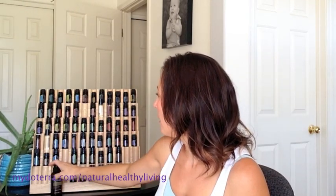As you can see, I create a little bit of a well, and then that way I can drop the oils in if I'm doing a creation. So sometimes I'll be making basically a recipe, like a recipe for my feet. I have really dry feet, or if the kids' cheeks are bothering them or something, and I'll put it in the palm of my hand like that, and that way you can add a few, and you don't have to worry about them running off the side of your hand or down or anything like that. So that's something that I do a lot. So those are two of the ways to use them